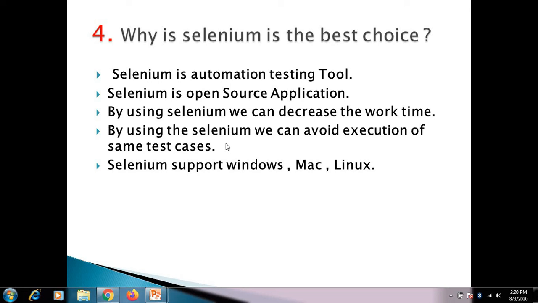If you execute test cases in one module and then new modules are added, then with manual testing, all the scenarios of the first module, second module, and so on should be executed again. You have to execute all the test cases. So Selenium avoids execution of the same test case again and again. Selenium supports Windows, Mac and Linux.